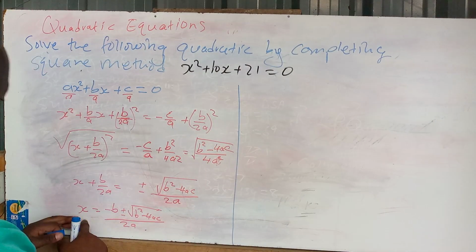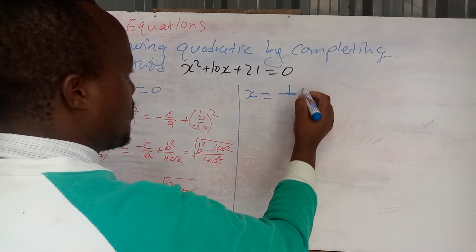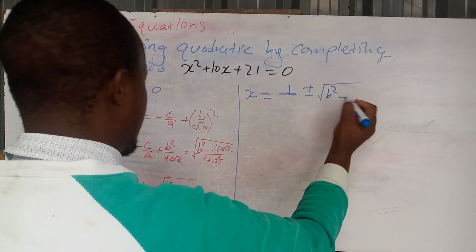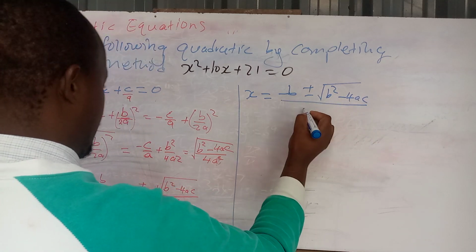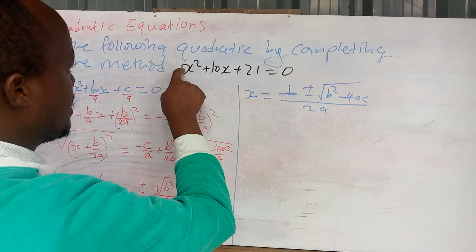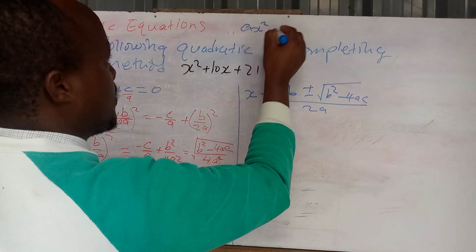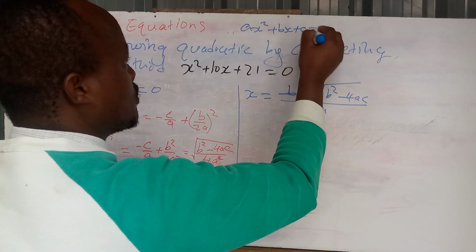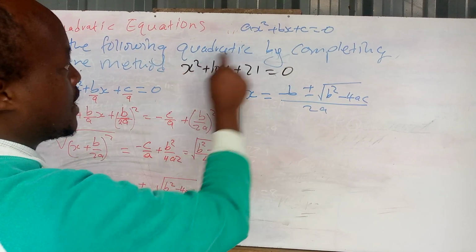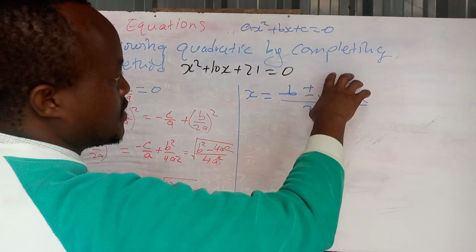The quadratic formula is here, giving us x being equal to minus b, plus or minus the square root of b squared minus 4ac all over 2a. So a here is 1, since we already know that this is the form ax squared plus bx plus c is equal to 0. So a for this one is 1, b for this one is 10, c for this one is 21. So that is what we will substitute here to get the value